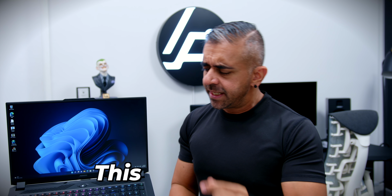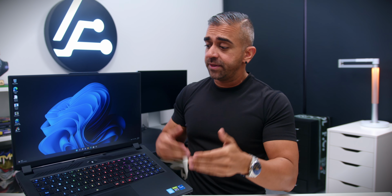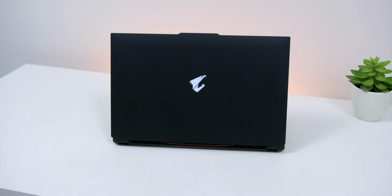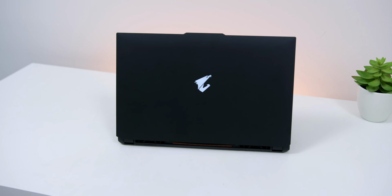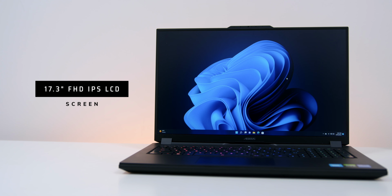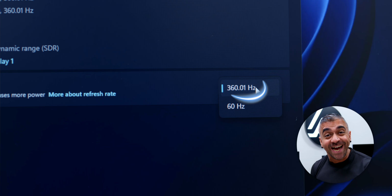Now, aside from the design, this laptop is definitely a beast. And there is also a reason for this larger size and heft, which is of course the laptop's display. So the number 17 in the name is not just a random number, as it is indeed the size of the display that comes with the laptop, which is a full HD IPS level LCD display, which has a massive